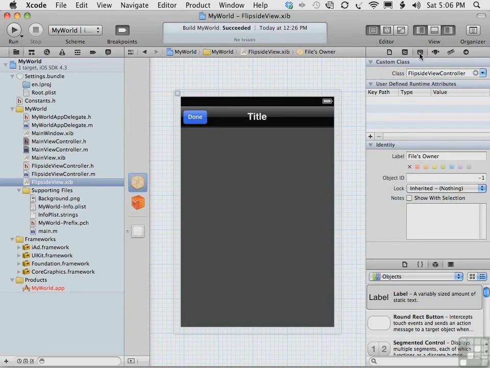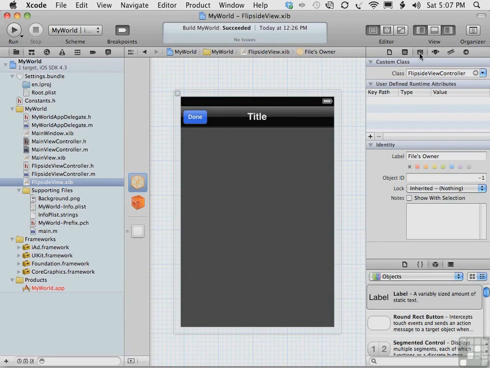So when we add interface objects to the Flipside view nib file, we will also be adding code to Flipside view controller. The interface objects we'll be adding are the text entry field for the replacement of the words of wisdom text for falling words, and the replacement value slider for speed, and the slider text label to display the speed setting. But first, we're going to put outlets in the code in Flipside view controller. And these outlets will connect these methods that we're going to write to these interface builder objects that we're going